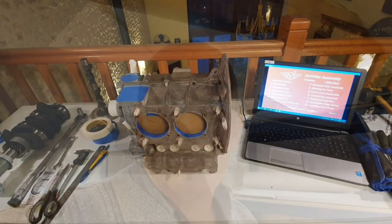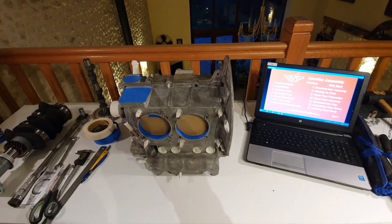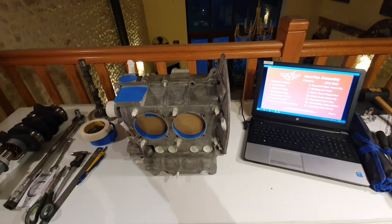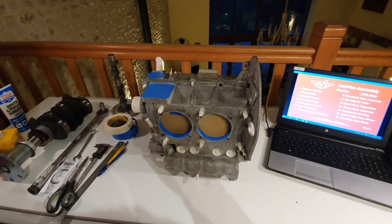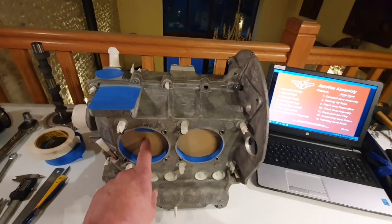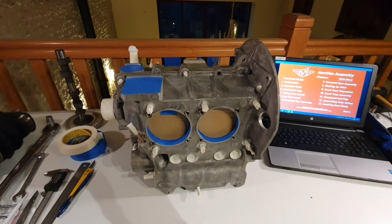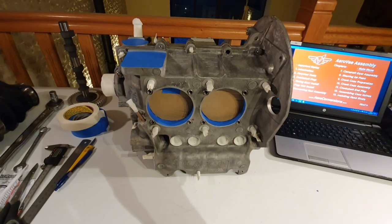More later. So it's taken a while, but I've completed the masking up all the areas that I don't want paint on, and it's taken about 3 hours to do, but it's done. And so I've blocked off the openings where the cylinders go in. I've taped up where the push rods go,